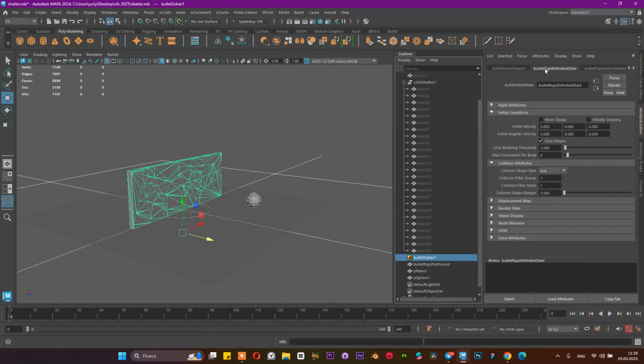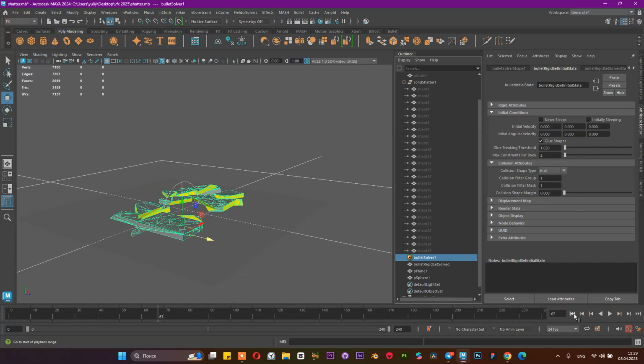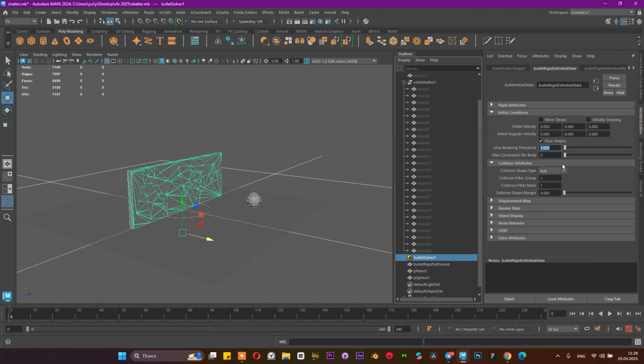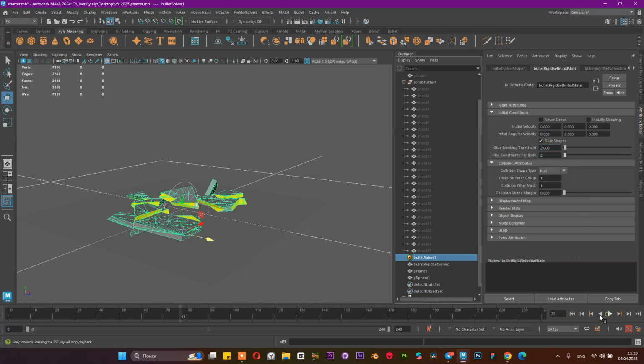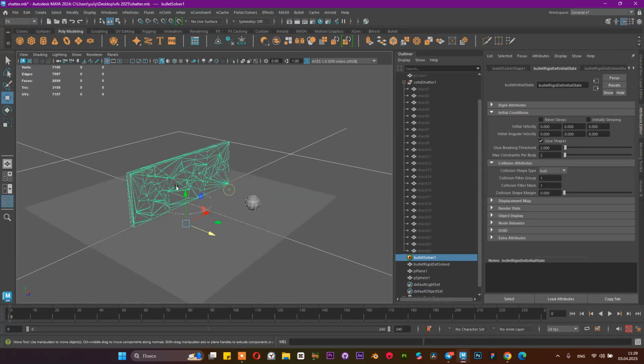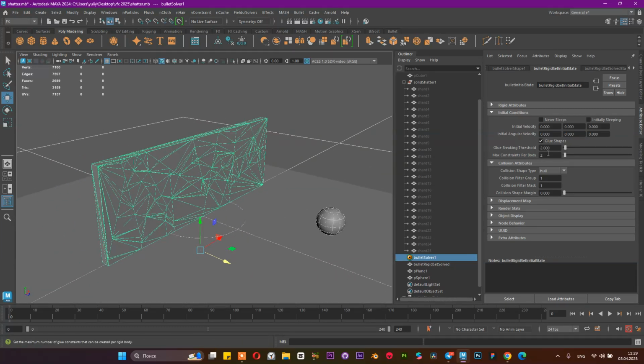In the bullet rigid set initial state, we can change this max constraint and use less glue shape. With less glue shape, we see the wall starting to fall down, cracking. Maybe we can animate this glue threshold when our